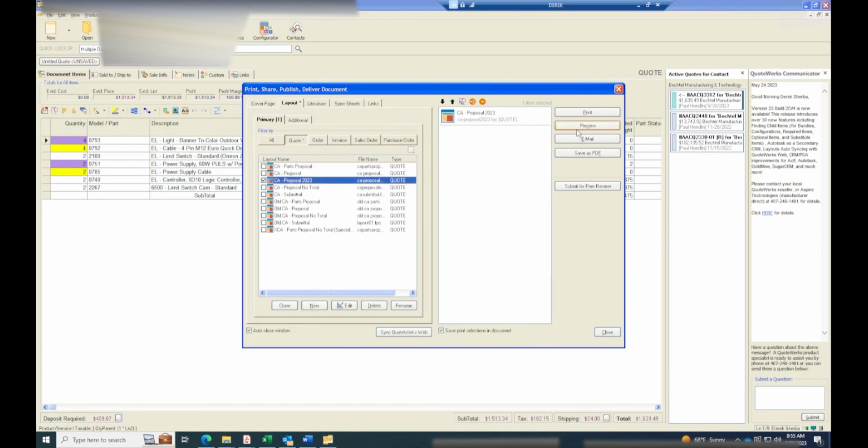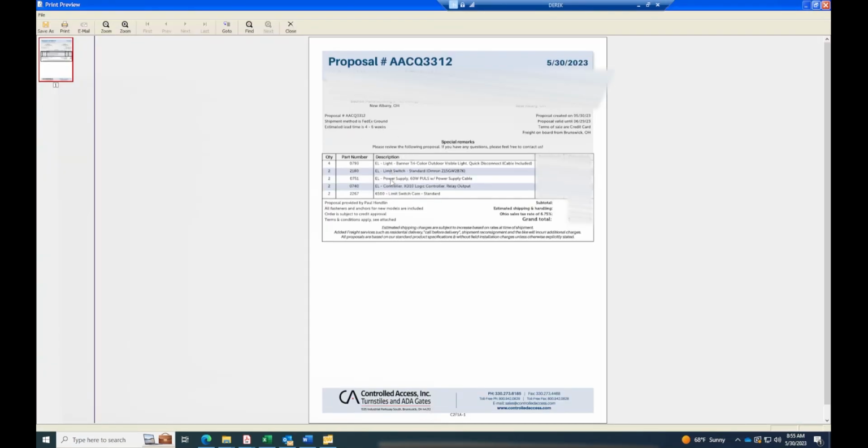Now, if I were to preview this, and this is not Aileron font. Some of this is, some of it isn't. Some of it's the wrong font. And then what's even weirder,